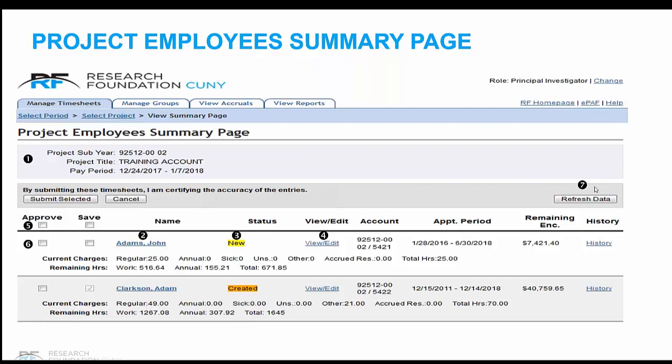Bullet 7 will automatically refresh the summary page. You should use this after you approve any employee's timesheet, because if an employee submitted their timesheet while you were approving timesheets, you will be able to see that the status has changed for anyone that submitted their timesheet while you were reviewing and approving timesheets.